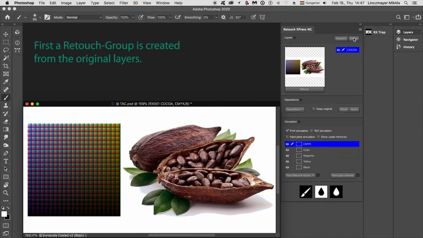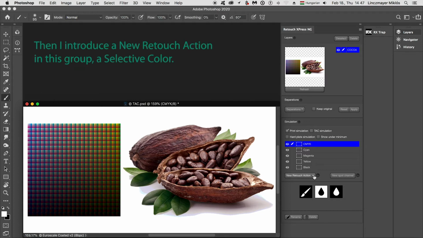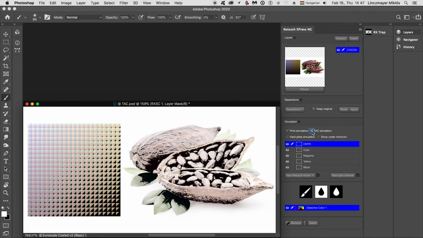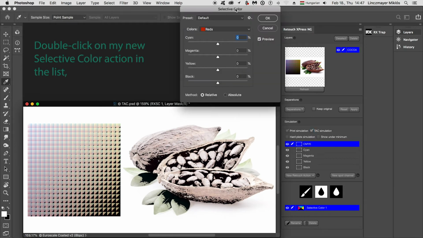First, a retouch group is created from the original layers. Then, I introduce a new retouch action in this group, a selective color. I click on TAC simulation, double-click on my new selective color action in the list, select blacks from the drop-down